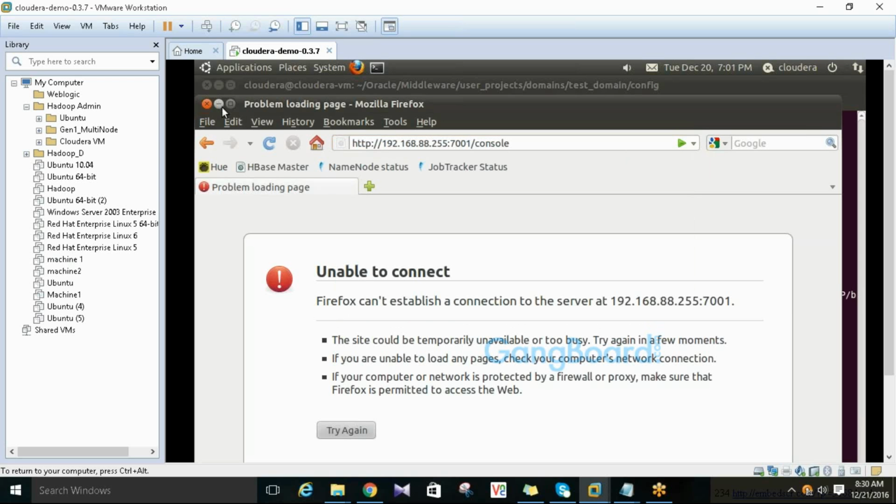I don't know why the page is not displaying, whether our admin server is up.